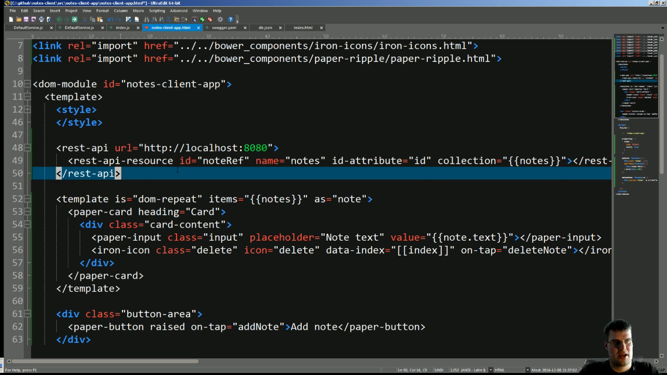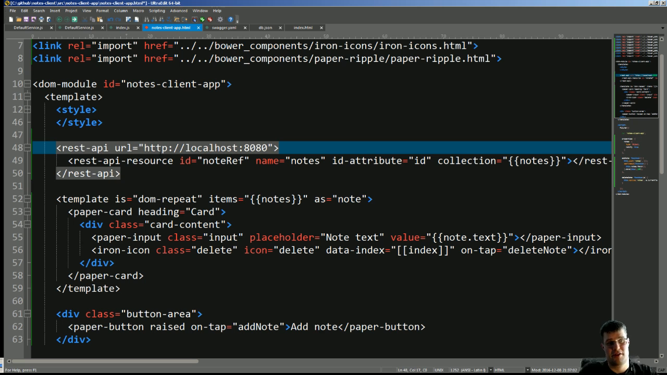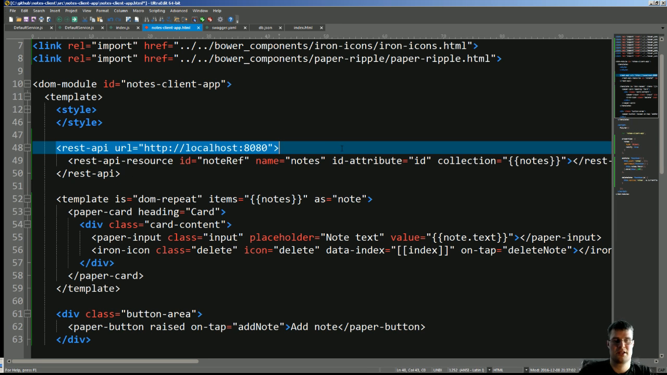And then I create this REST API tags, and the only thing I specify here is that my server is on the URL localhost 8080. So there's nothing more that is required in this parent element, but the REST API uses a parent element of REST API with some